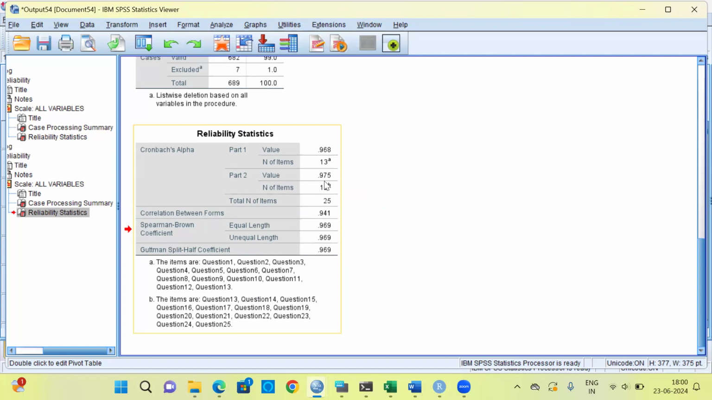Because we have 25 questions, which is an odd number, it's a bit difficult to split 25 questions. If you had 26 questions, the first 13 would be put in the first part. The balance 13 would be going into the second part. Now, have a look at the